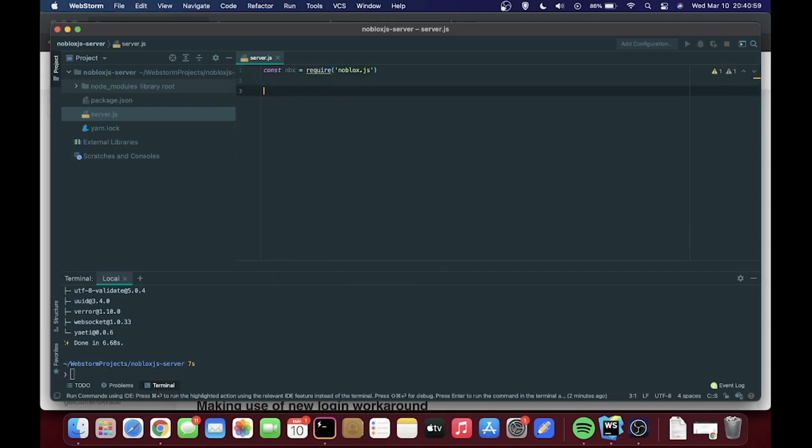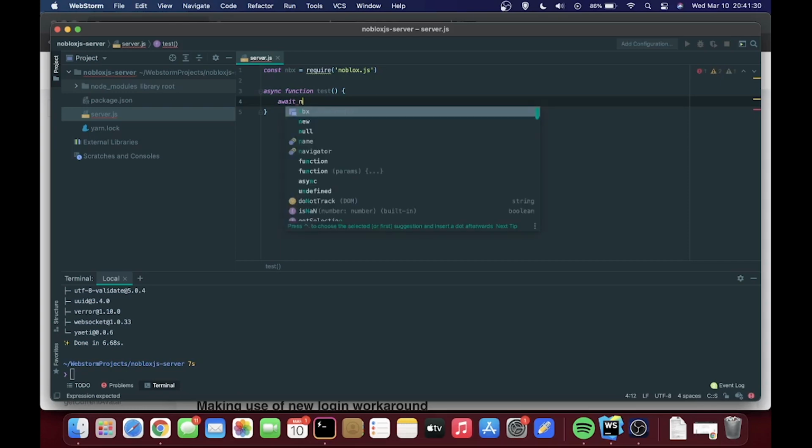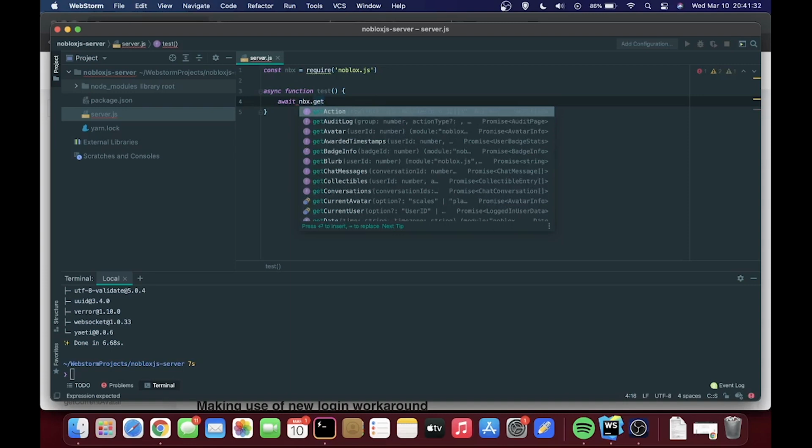Now the next thing I'm going to do for testing purposes is I'm going to try it out. So I'm going to write async function. Let's give it a name, test. Inside here, I'm going to do await. The reason I'm doing await is because promises exist. Promises are basically the code promising you that this thing is eventually going to be resolved. It's going to happen. But whether it's going to pass or fail, that's going to be up to whatever the code is about. Now, here I'm going to do something like await Noblox, get username